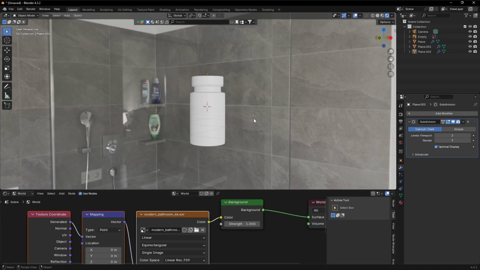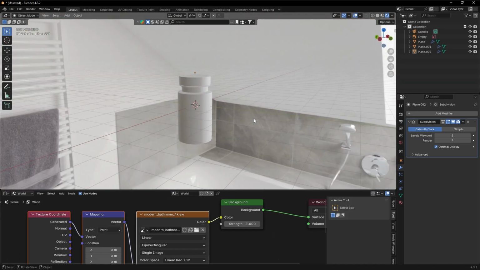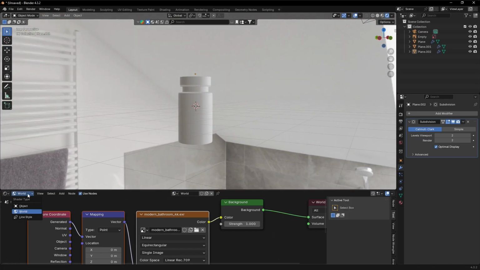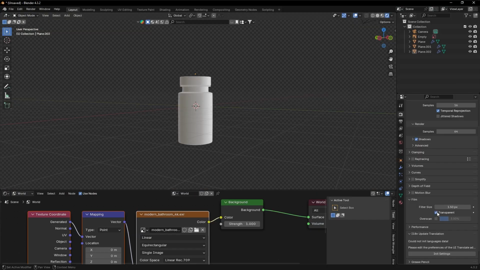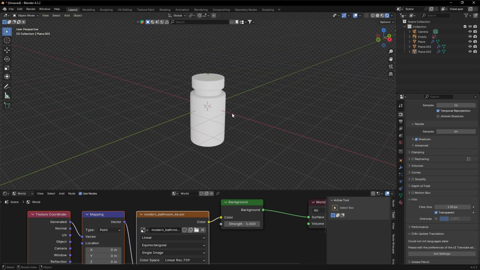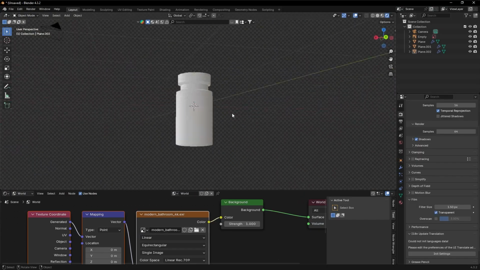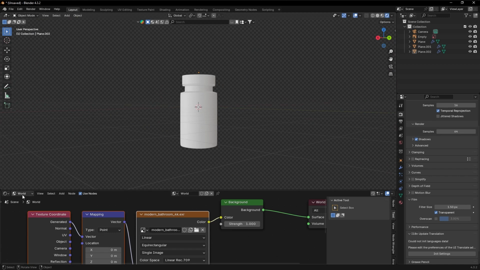But first, we don't need the whole background thing. What we need is the light from the HDRI. So what I'm going to do is go to the render, go to film, and then click on transparent. So the whole background film thing is gone, but we have the light. So click on the label,